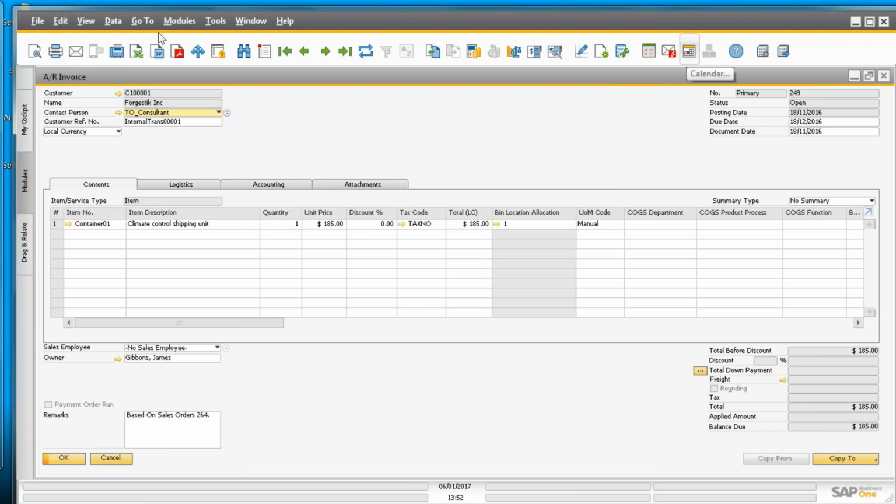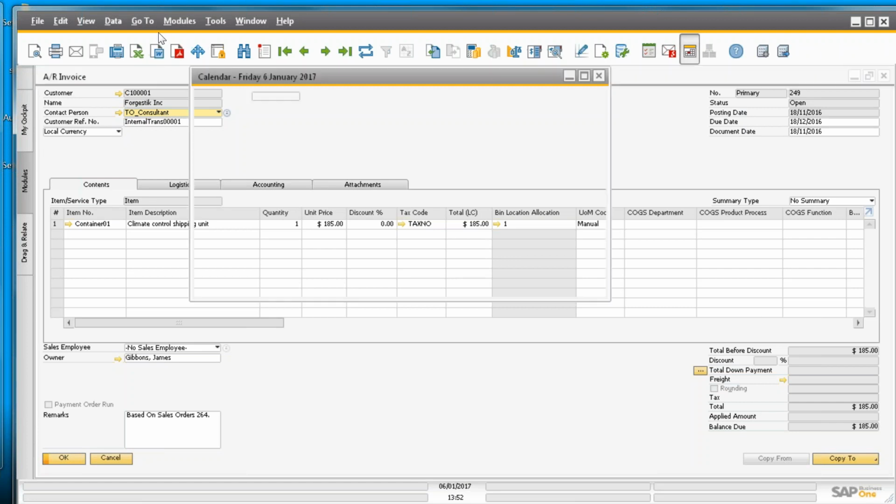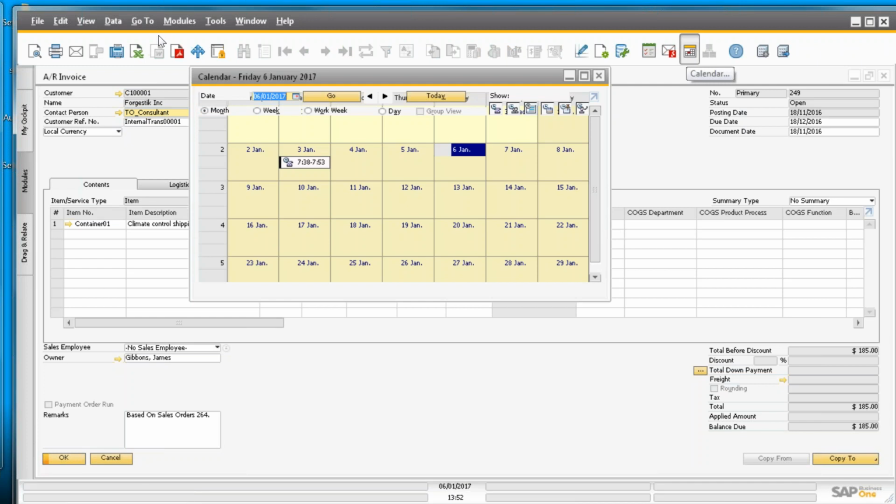This icon here is the calendar icon. It is part of the CRM that we have within SAP. So the calendar is integrated all the way through. You can set your activities, you can set appointments, you can schedule calls. It allows you to do that, and you do it with these icons here. So I'm going to schedule a phone call for today. I'd click that icon, and